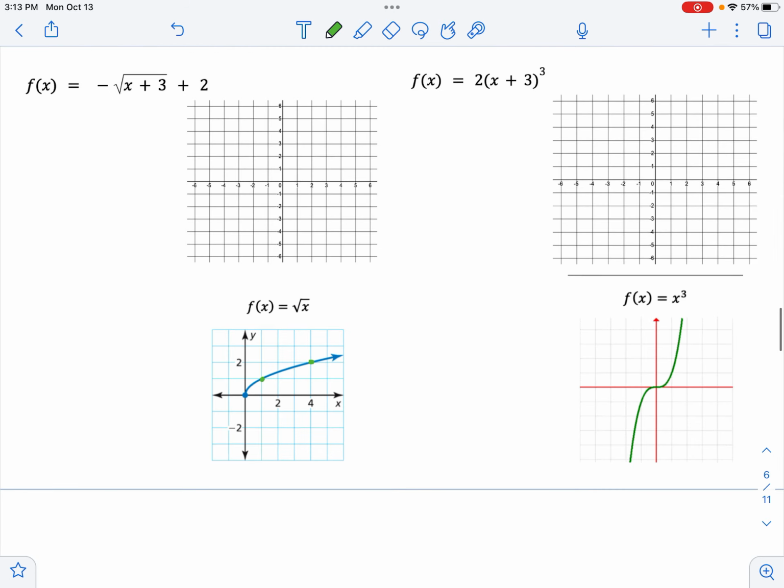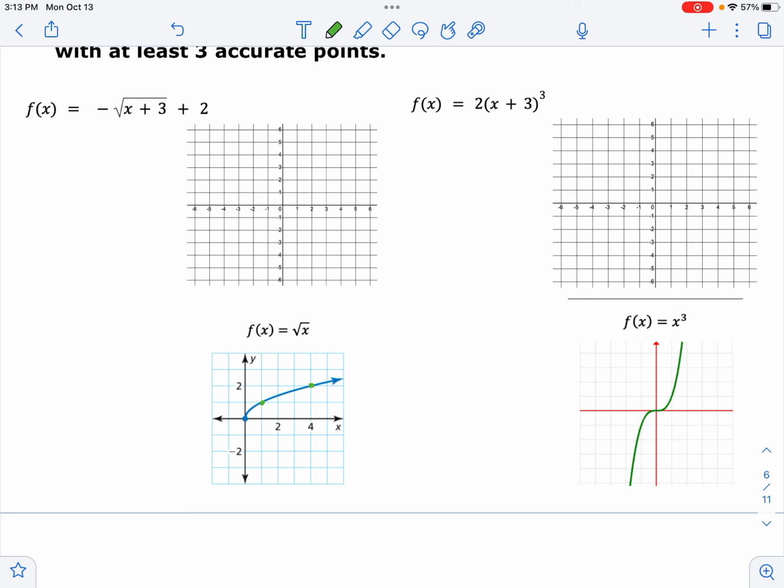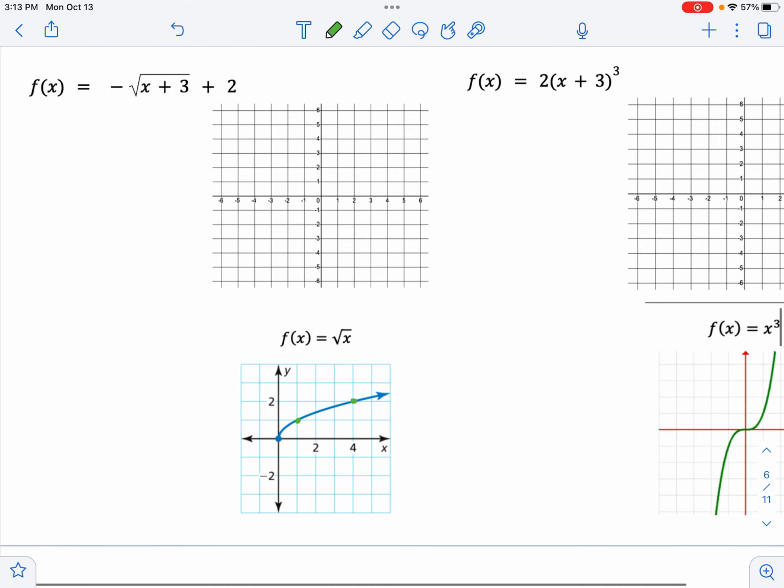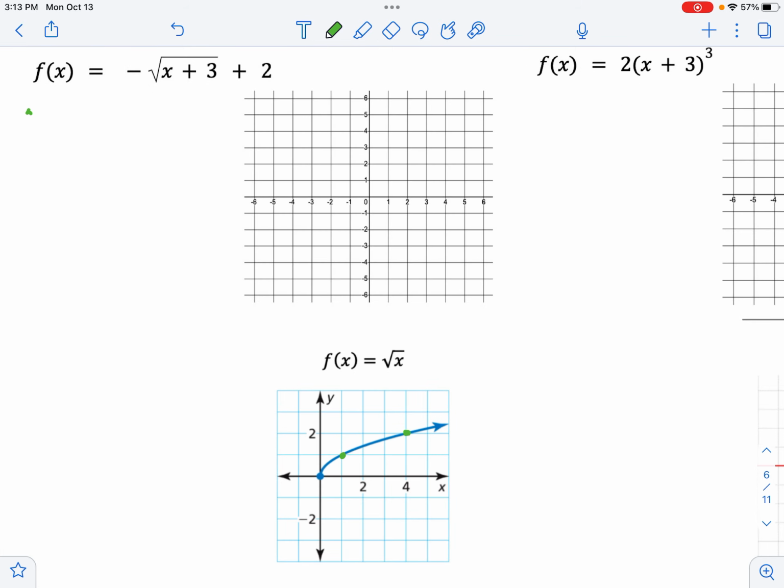Okay, so I'm going to plot a few of those, but I need to keep in mind a couple of things. So what's been happening, this negative out in front, what does that do? We just talked about it. It reflects it across the x-axis. So we're going to write that. One of the transformations is a reflection across the x-axis. Okay. Another one right here,